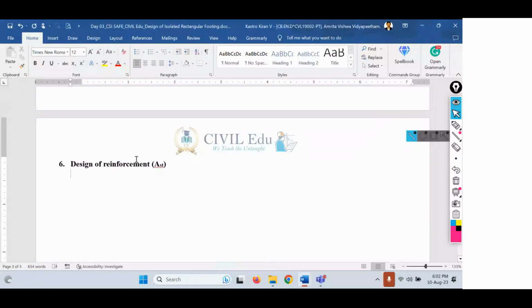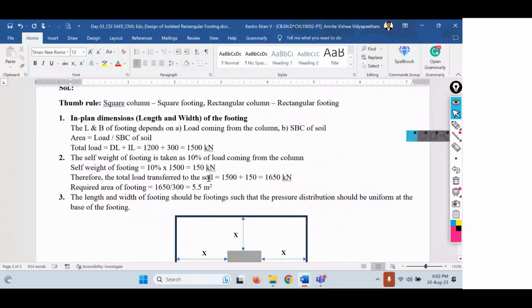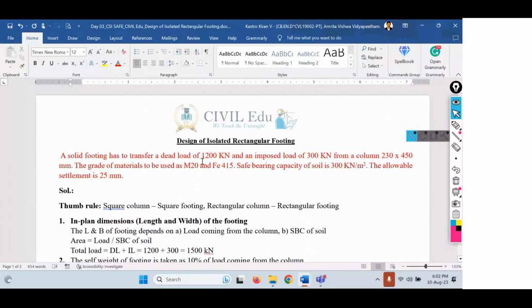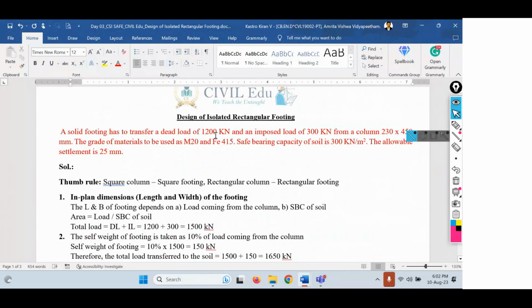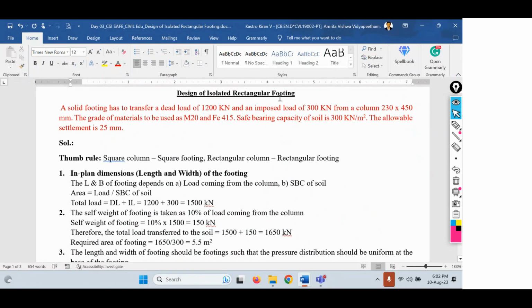So in the last session, we were talking about the process of design of footing, especially the isolated rectangular footing. I'll just go through what we have done in the last session. Initially we got the problem statement with some amount of live load as well as the dead load. And then based on the live load and dead load combination and also based on the condition of the